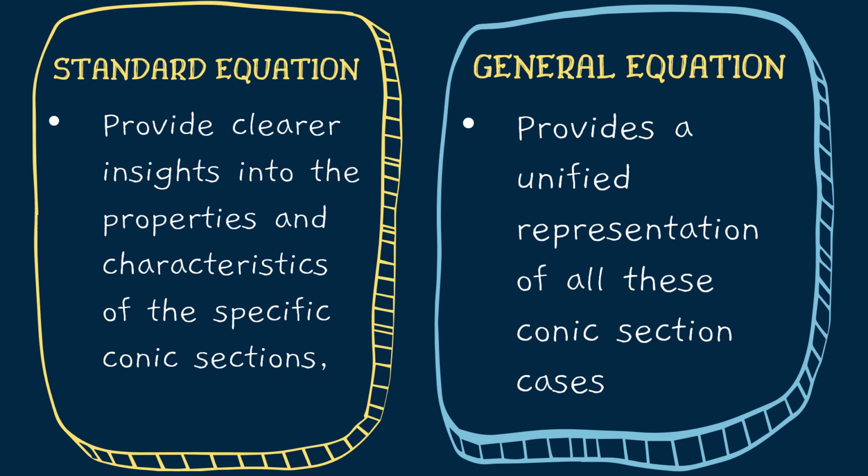While the general equation only provides us a unified representation. It only represents cases such as a degenerate conic or a generated conic. So, when we are asked what the different uses are, the general equation is for representation, and a standard equation provides us a clearer insight on how we can graph a certain conic section. Going to the first part,